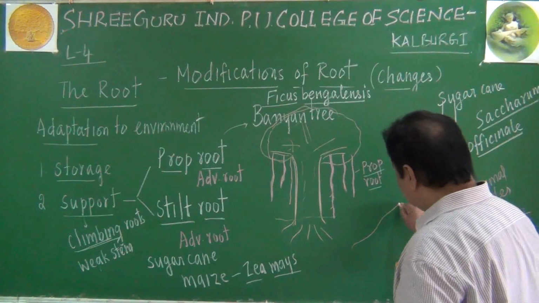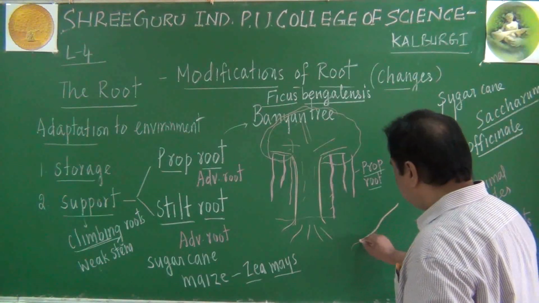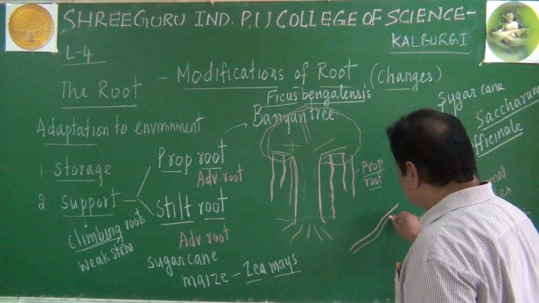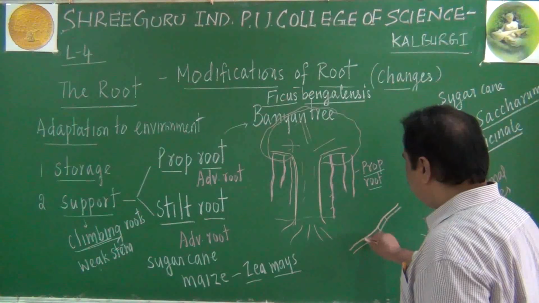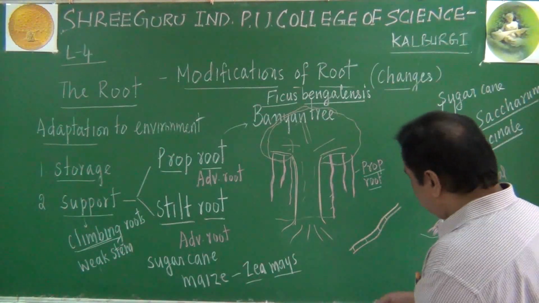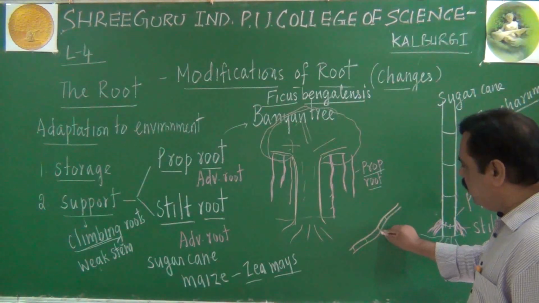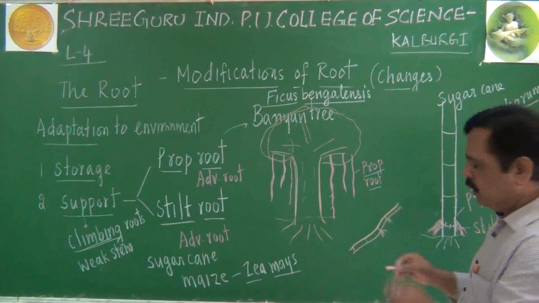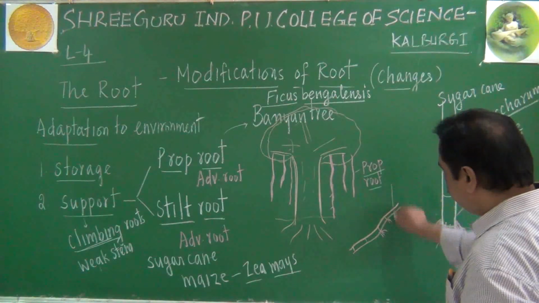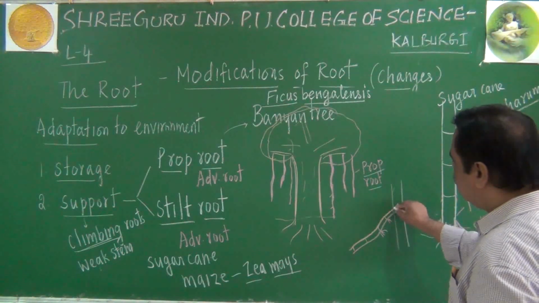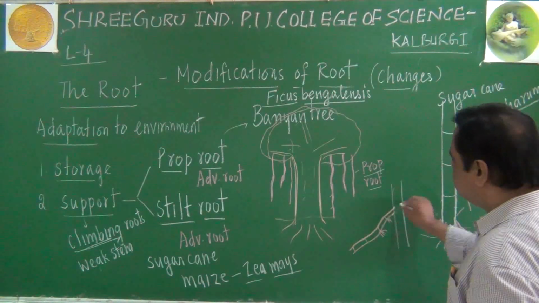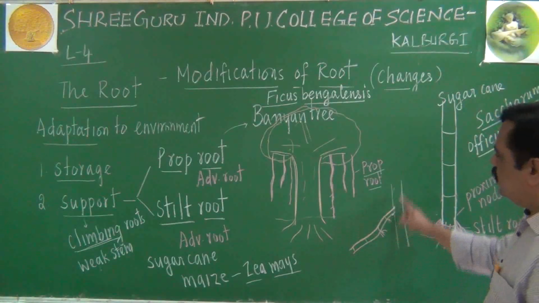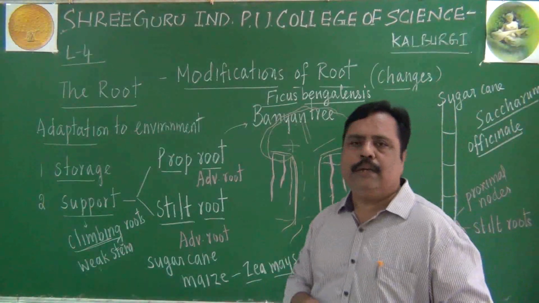Okay? Imagine the stem of the plant is not strong like a banyan tree. They are having weak stem like this. This weak stem will have nodes and internode. From the nodes, we will get minute roots like this, which will catch hold of a support. If at all nearby a stone pillar or some other window or something is there, they will catch hold of that support and they will grow. They are called climbing roots.